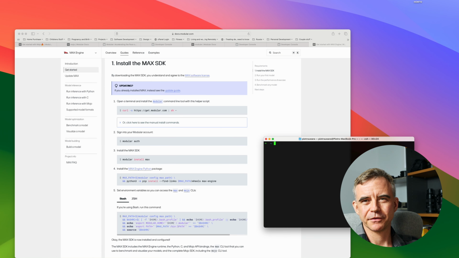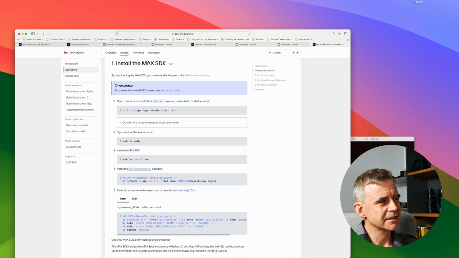Okay, so we're done. We've installed it, and now when you install it, it gives you a CLI message to go to a certain place. So I took that link and put it here, and I had to authorize via my account, which I'd luckily set up as a Max Engine account, or Max platform. I think this is the problem. It's saying install the Max SDK, but why is Modular the kind of tool to do that? It was just really confusing.